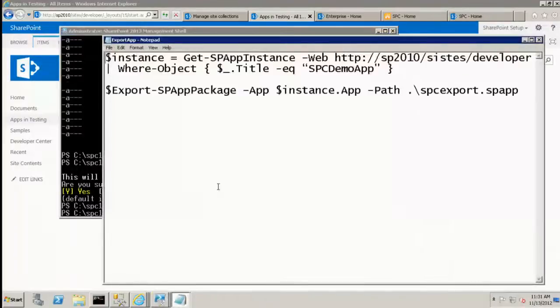So to export the app, we had to do a little bit of work, so I used a Where-Object to filter down by the title of the app. So I Get-SPAppInstance, which returns everything, and I just use $_.Title -eq, and I specify the app. And then I use Export-SPAppPackage, and boom, we get a file. So if we run it,